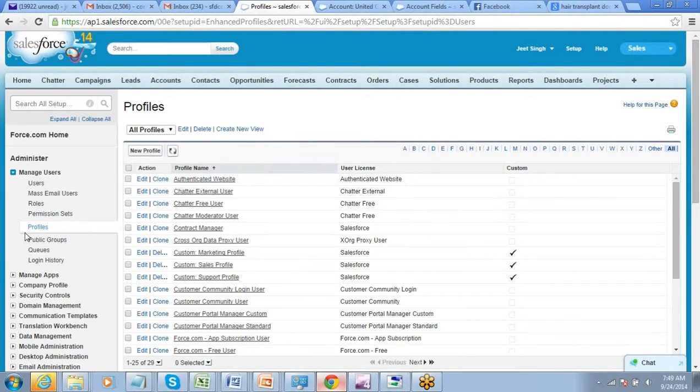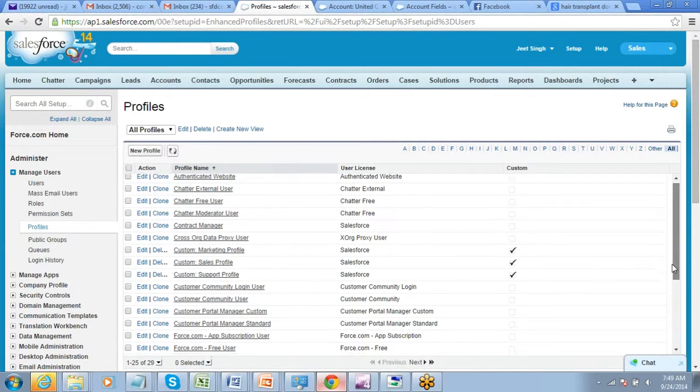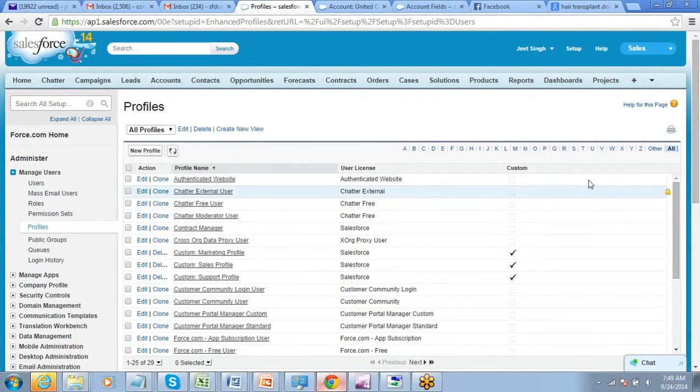Setup, Manage Users, then you see Profiles. Once you click on Profiles, you will get a long list of profiles. So most of them are standard profiles. Standard profiles means the ones which have been provided by Salesforce, right? So standard profiles have their own set of permissions and all those things.